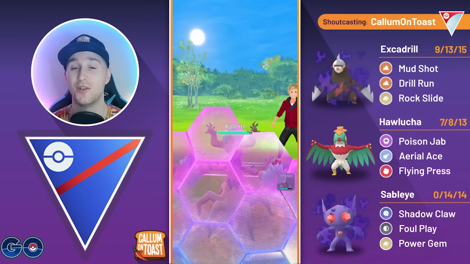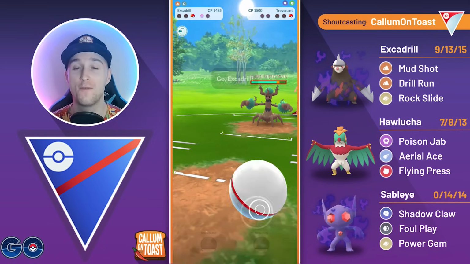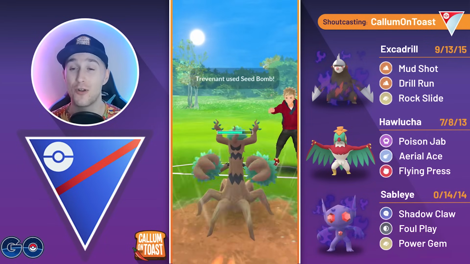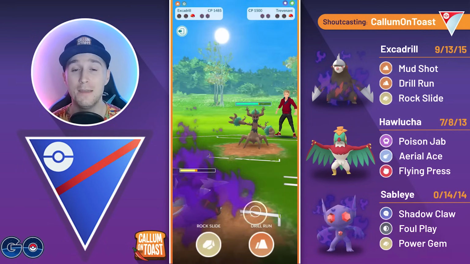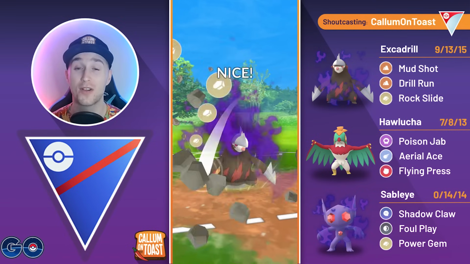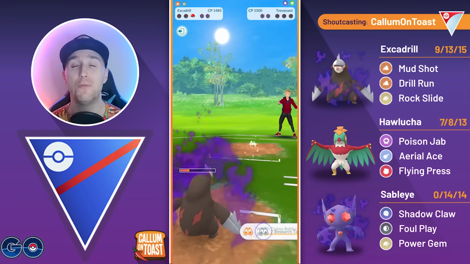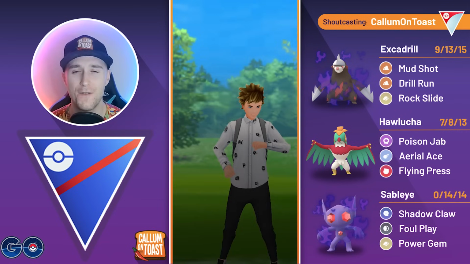Foul Play grabs the final shield, and we get a few Shadow Claws off before getting farmed down, and now are they in range where a Rock Slide will take them out? Rock Slide, non-STAB here, not the best charge move, but let's see, we're going to go for the Rock Slide. Does this take out the Trevenant? No, they barely live, but they weren't at the charge move, so I'm able to Mud Shot, farm them down, and